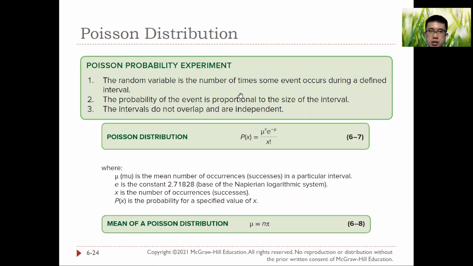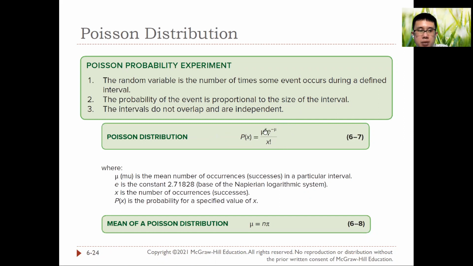And here we also assume that the probability of the event is proportional to the size of the interval. And I think the pattern is different from hypergeometric and binomial. Our probability of Poisson, our formula, is like this,